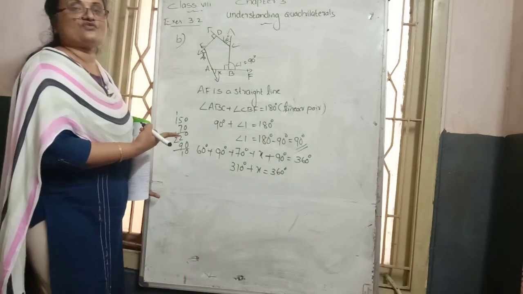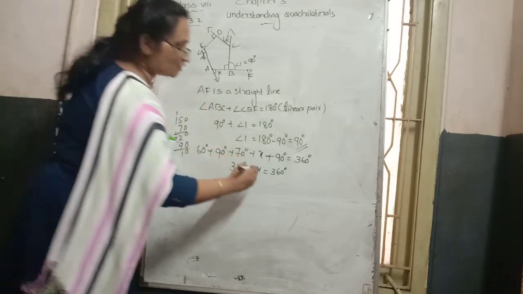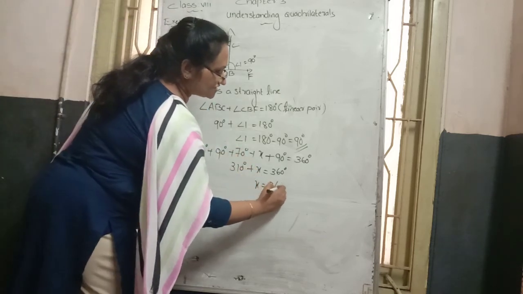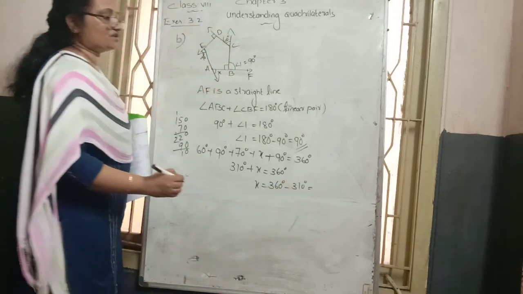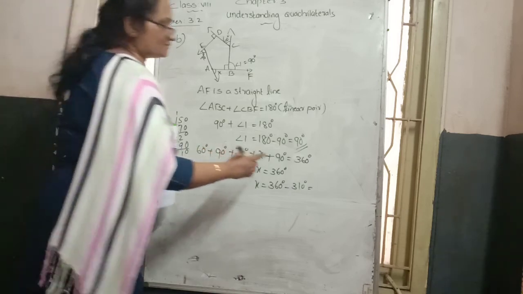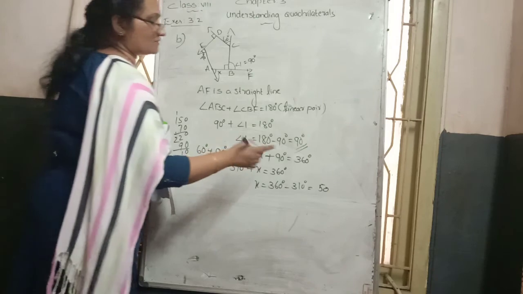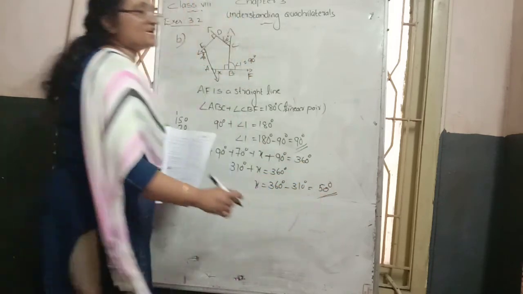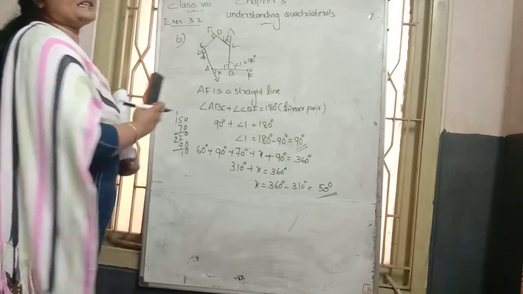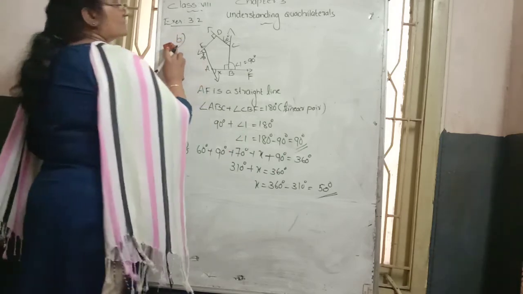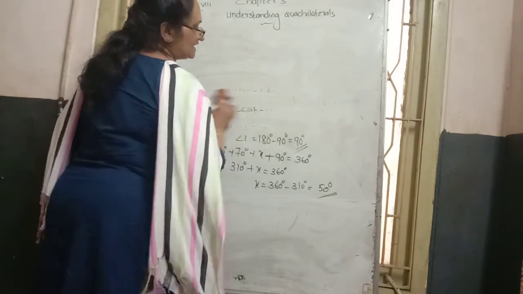Then our aim is to find the x value. So 310 degree is sent to the right side. A positive value goes to the opposite side and becomes minus. So 360 minus 310 degree. Doing the subtraction, 60 minus 10, 6 minus 1 comes to be 5, so 50. So how much is the x value? The x value becomes 50 degree. I hope you can understand this second problem. So this exercise is completed. Next, some quadrilateral cases.